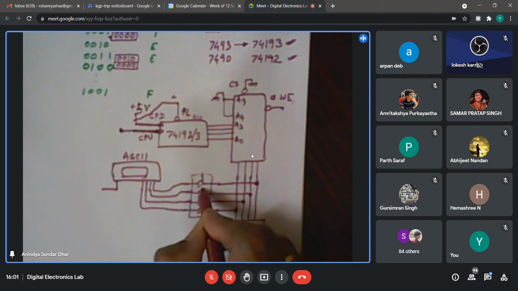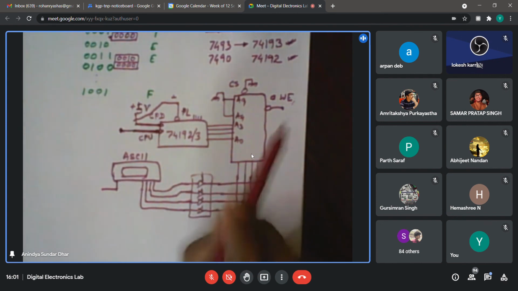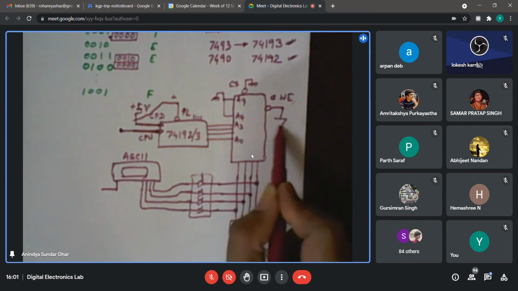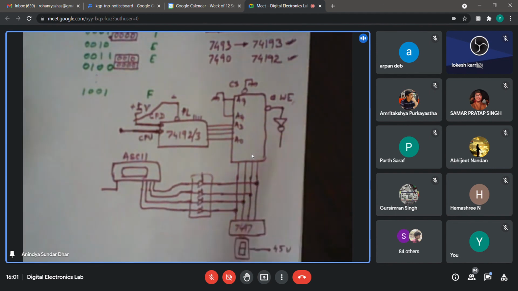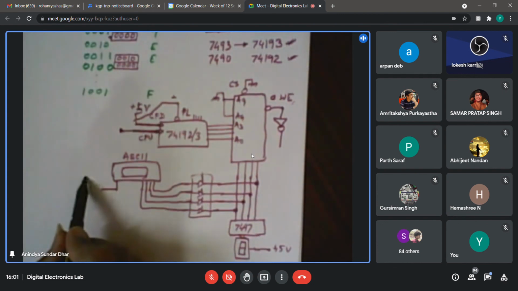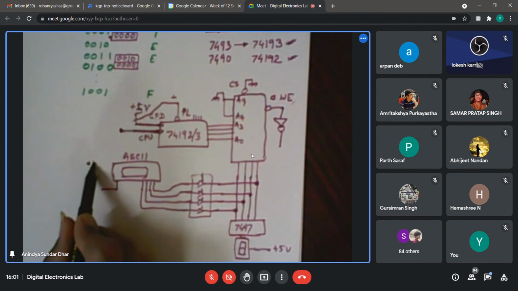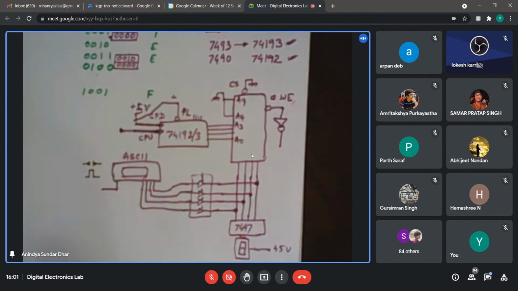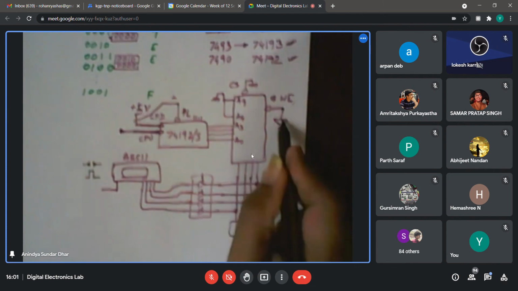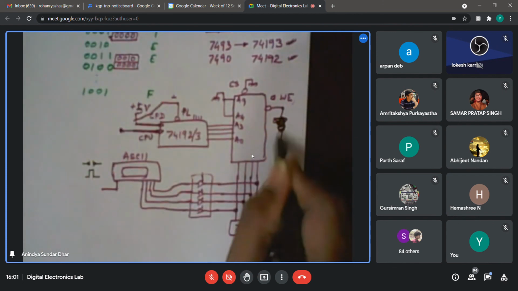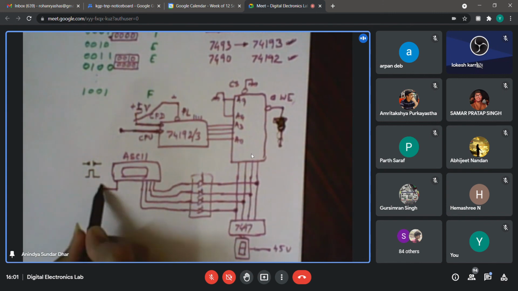Achha, now there is a small problem that is particularly true for this simulator only. In real life, I think we did not face that problem in the lab, because the strobe signal that is being generated from this ASCII keypad is actually remaining high in the simulation only for 1 tick period. Okay, now what is happening if you use this? This is not the strobe signal. Strobe signal is from ASCII.